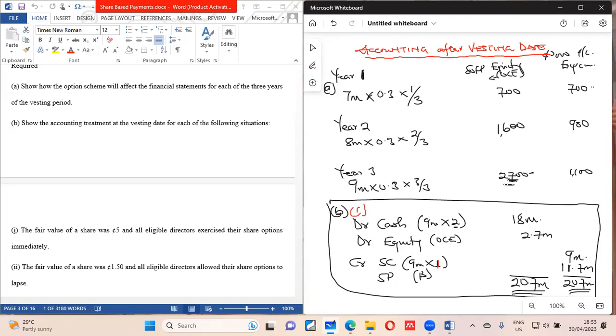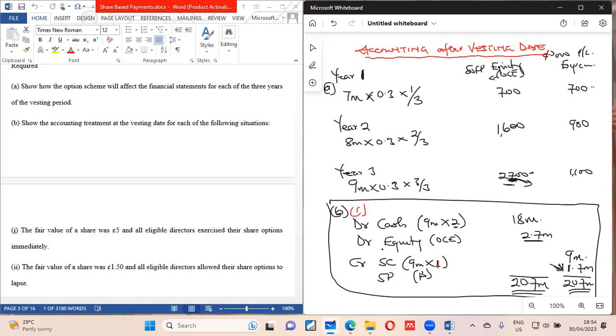So already this one is in OCE. By doing this, you see, this one is a credit seated in the OCE. Doing this will actually net off this side, because what we're trying to say is that this one that is there is in the equity. We are taking it off the equity. But that equity is not a stated capital equity. It is embedded in here. So it is a "may", but when they all exercise, this is how you pass your transaction.